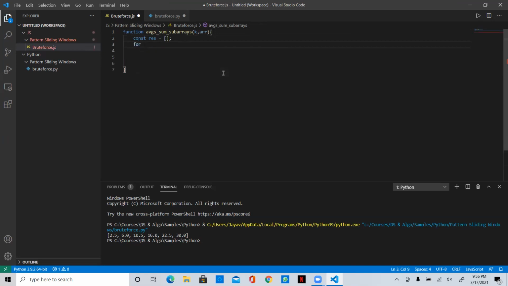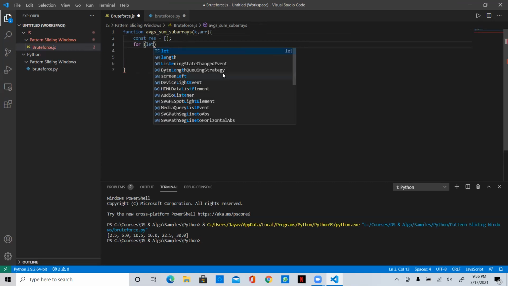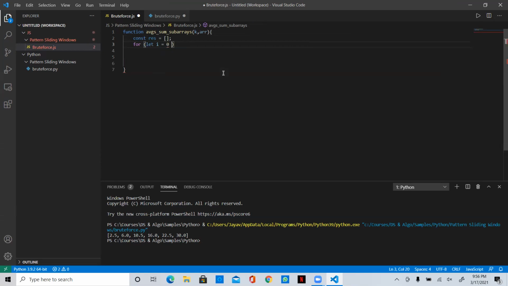Write the for loop here. Let i is equal to 0, i is less than array dot length minus k plus 1, right? Array dot length minus k plus 1. Then i plus plus.